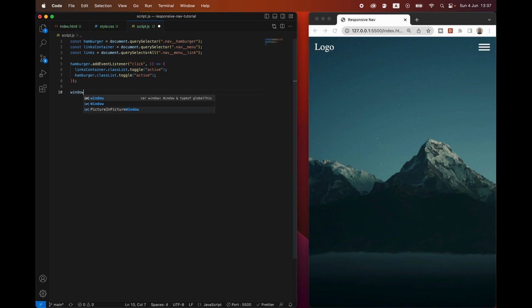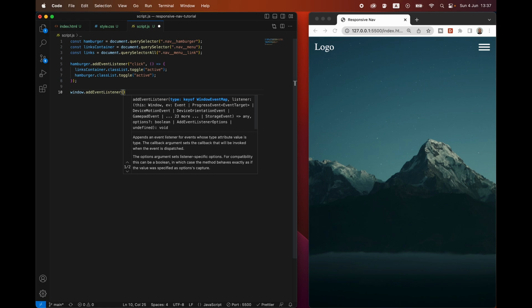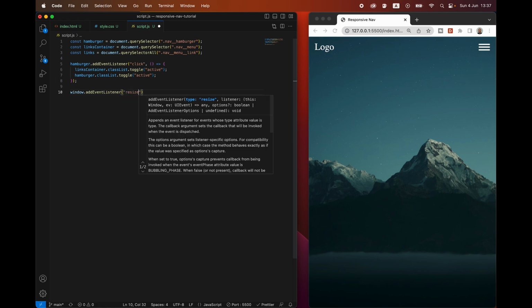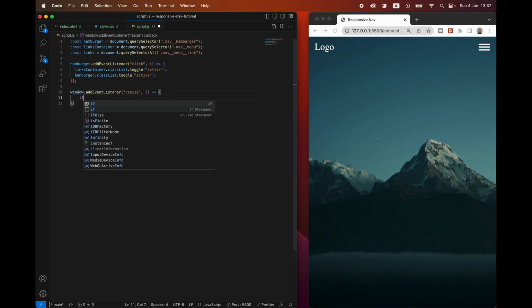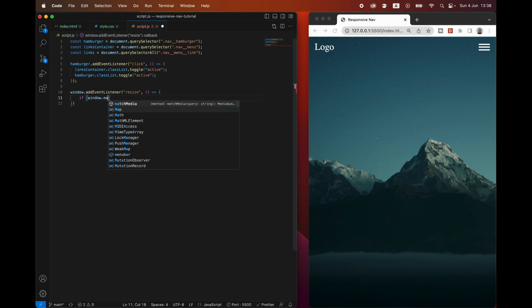Then we're going to write window.addEventListener, and we're going to listen to whenever we resize the screen. And what is going to happen then is we are going to run a function, and inside here we're going to say that if window.matchMedia with a max-width equal to 550 pixels, dot matches. So if this is true, if the window is 550 pixels,